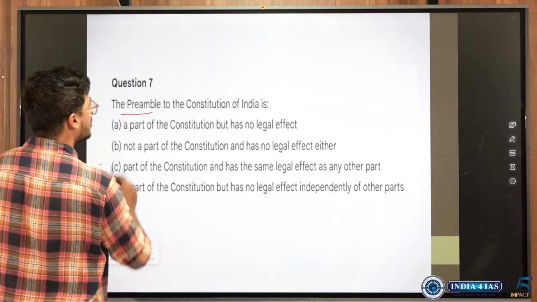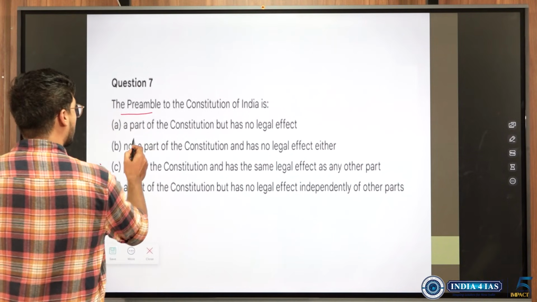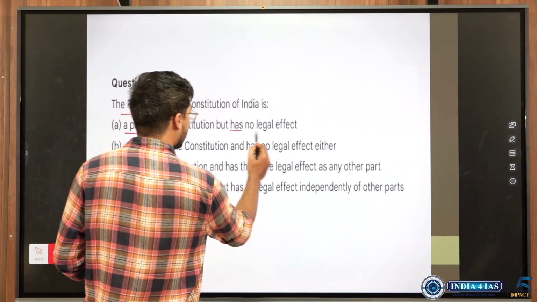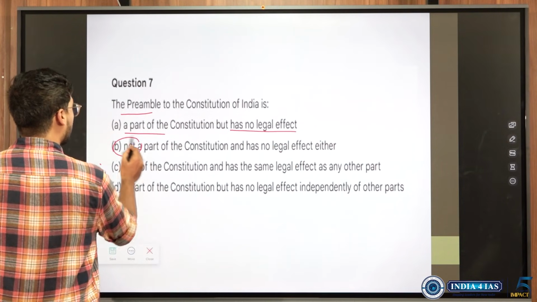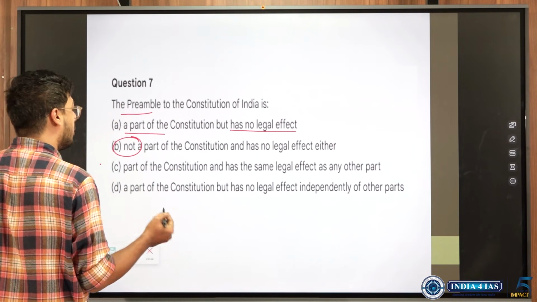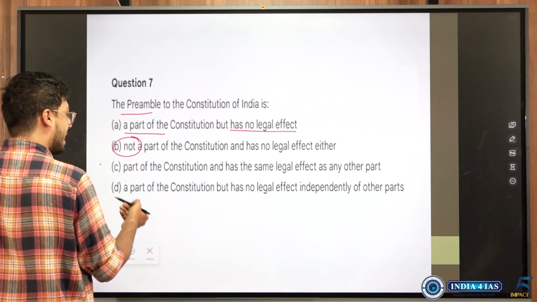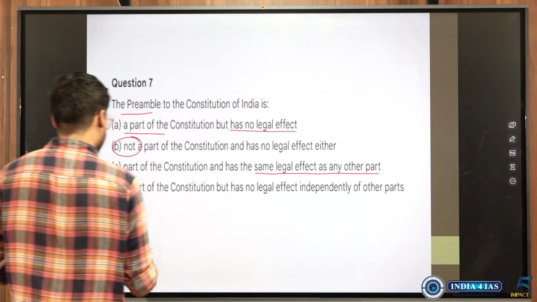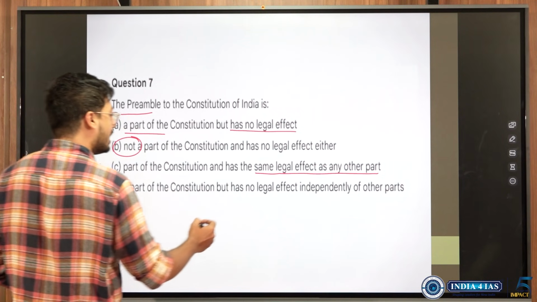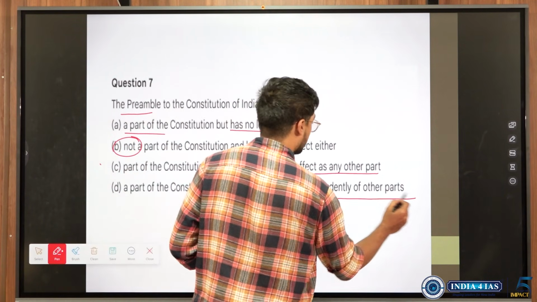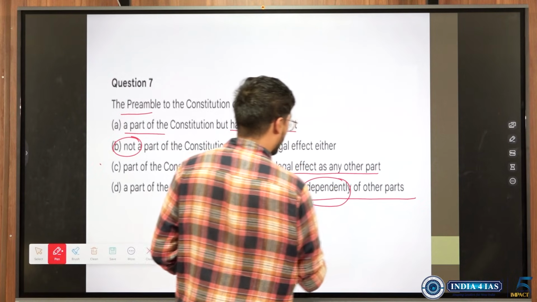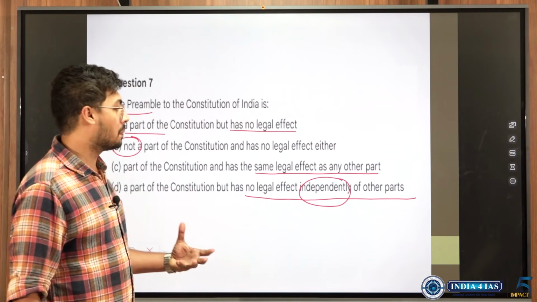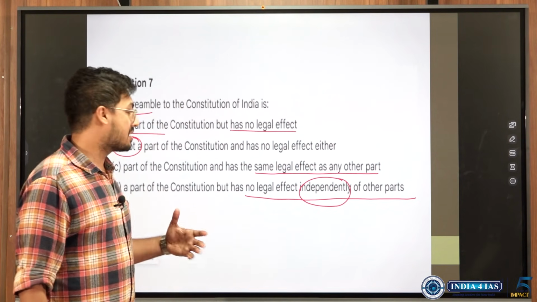Preamble of the Constitution of India. It is a part of Constitution but has no legal effect. It is not a part of Constitution and has no legal effect either. Part of Constitution and has same legal effect as any other part. It is a part of Constitution that has no legal effect independently. Now many of us, while solving this question in the actual exam, did not very clearly understand this word